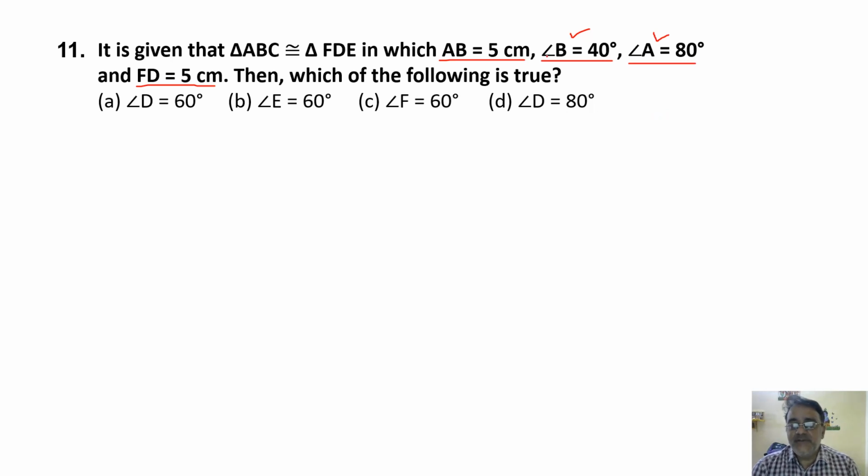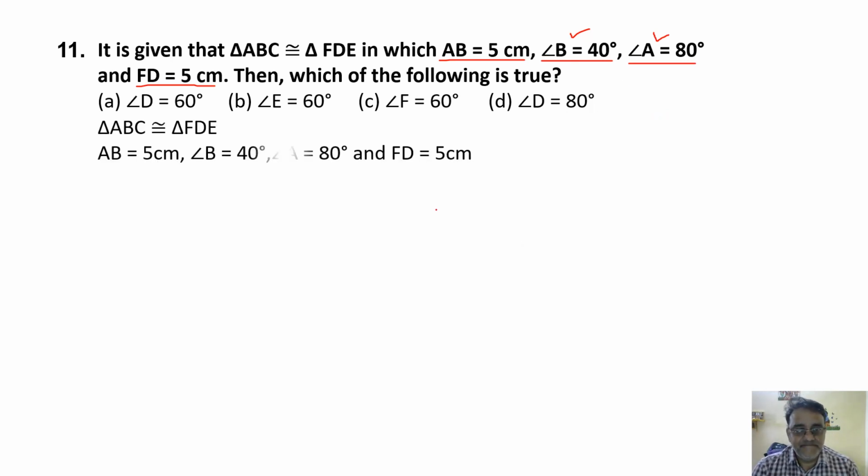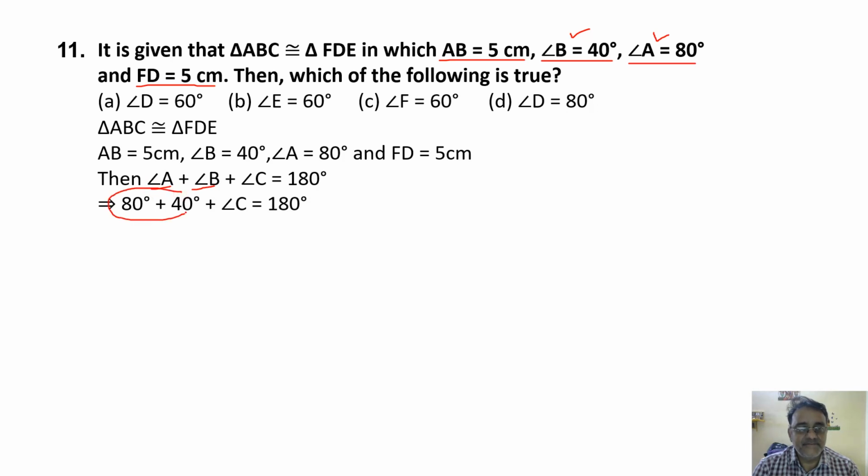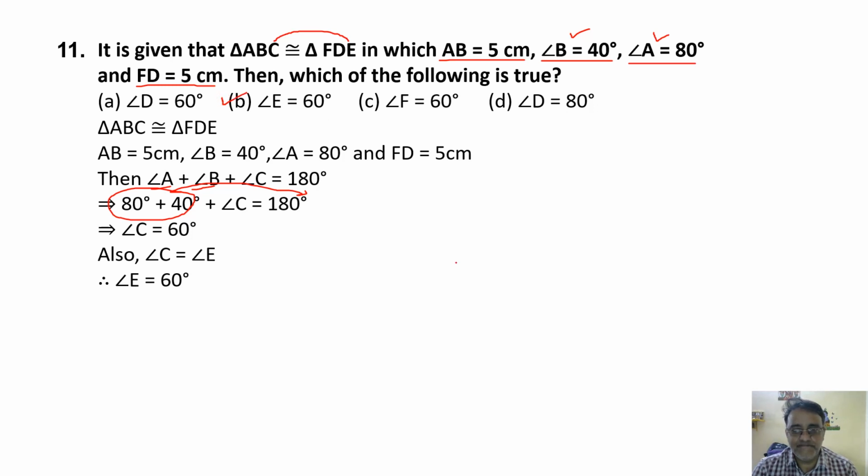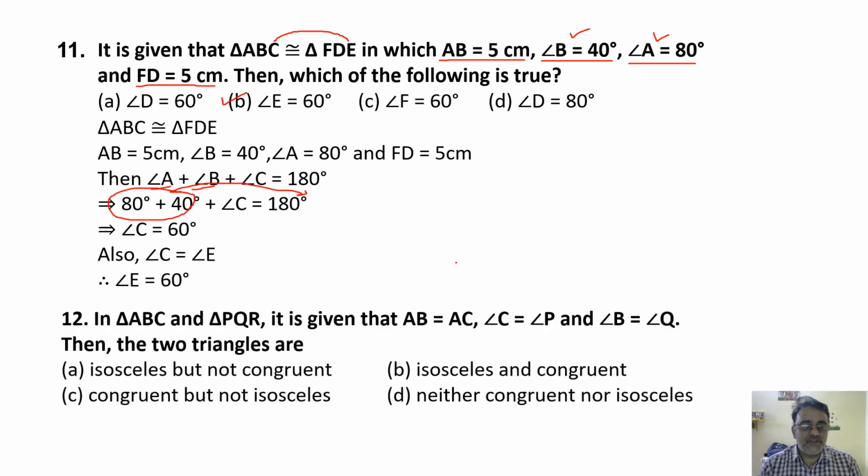So the sum of angle A, angle B, angle C is 180 degree, right? So angle B का value 40 degree और इसका 80 degree substitute कर दिए. So this is 120. 120 if you shift to this side, 180 minus 120, so you'll get 60 degree. और C का corresponding vertex है E. So that means angle E is also equals to 60 degree. Right? So second option is the correct one. Any doubt? Okay. Right. So now we are moving toward the next question, question number 12.